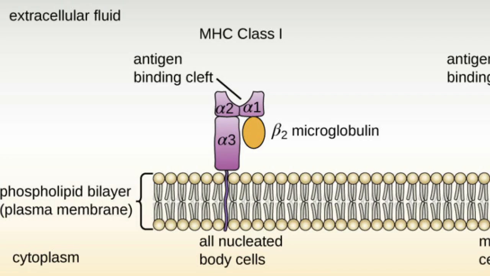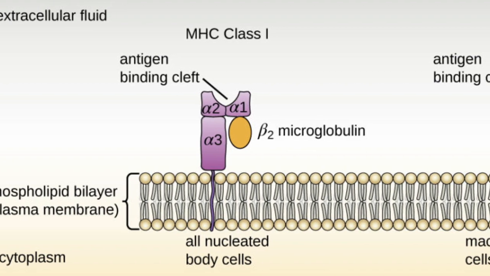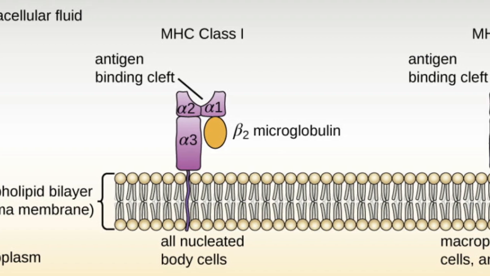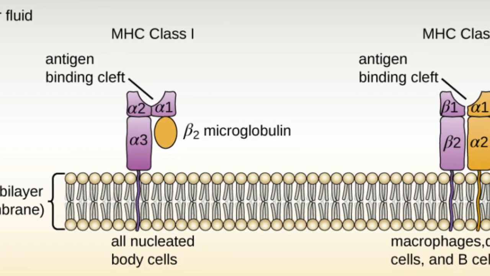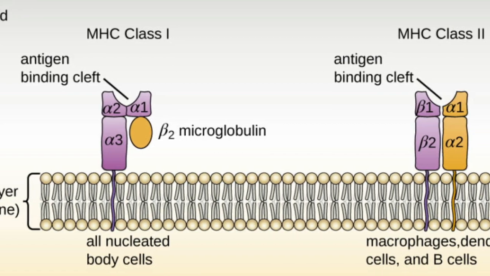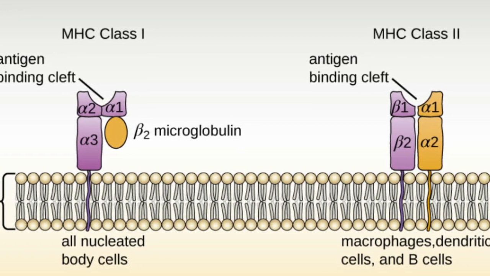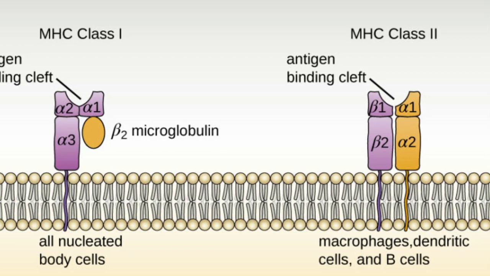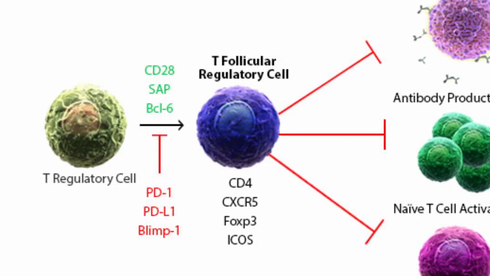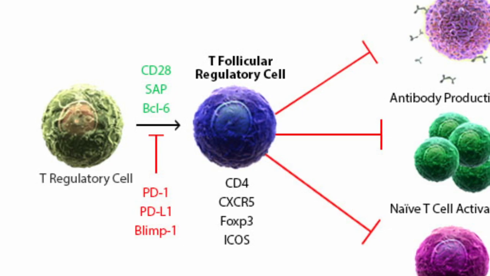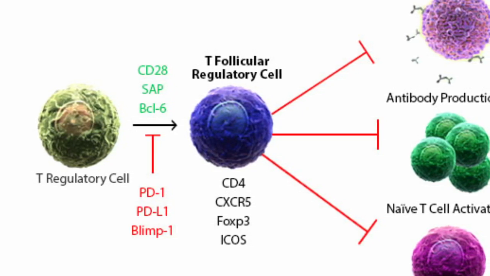Major histocompatibility complex molecules present antigenic peptides to T cells, allowing T cells to recognize and respond to specific antigens. MHC class I molecules present antigens to cytotoxic T cells, while MHC class II molecules present antigens to helper T cells. In addition to these processes, the adaptive immune system has mechanisms in place to avoid reacting against the body's